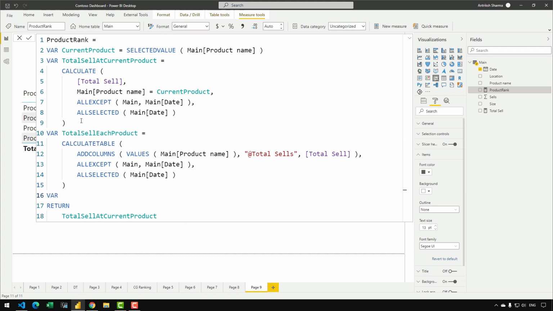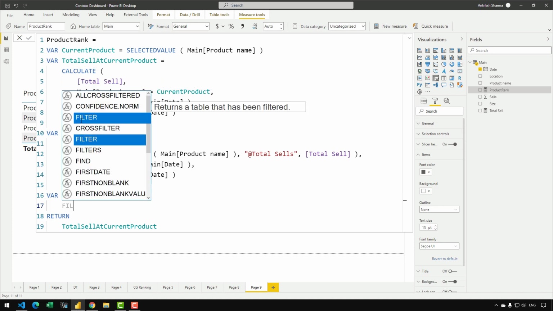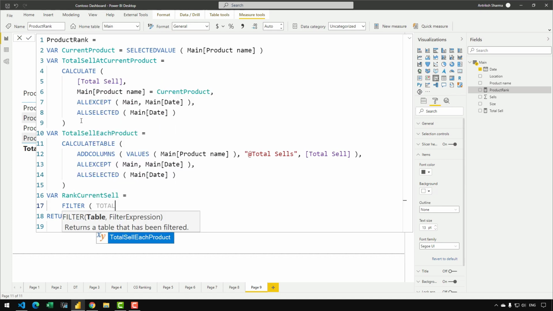Now what we need to do is filter the products that are greater than or equal to the sales of the current product. So for that I'm going to write rank current sell. There is no actual meaning of this variable. It is up to you if you want to rename it. So it will be simply a FILTER over total sell each product, which is this third variable, and then I'm